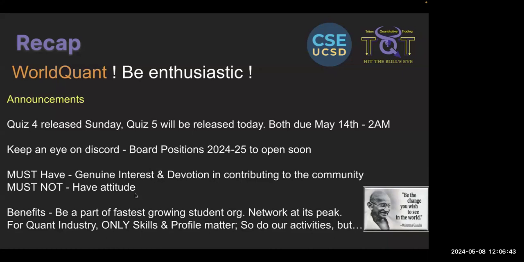And for the quant industry specifically, you have seen WorldCon giving a session. They only value skills and profile, right? This is one industry where there are no such restrictions, or very fewer than other companies, on which nationality you are, which ethnic group, or diversity hiring. All those things are secondary. The first thing that matters is skills and profile. So if you are a part of this group, you're probably among the people who are well fit for quant, right?